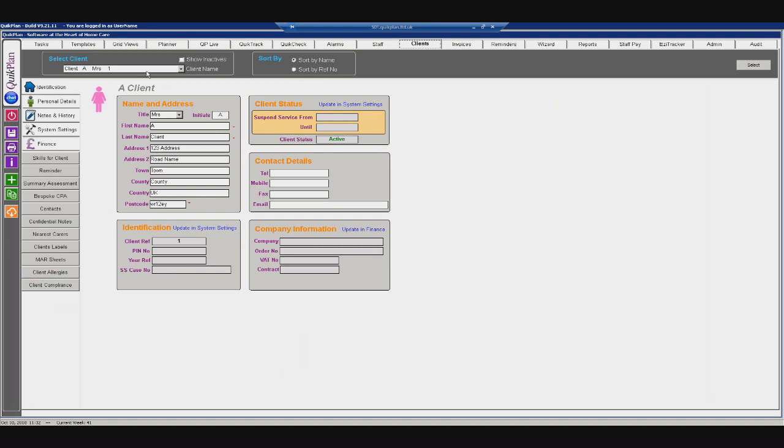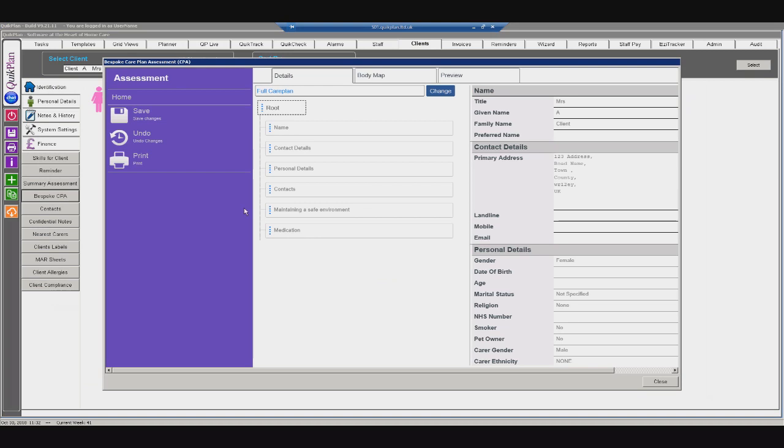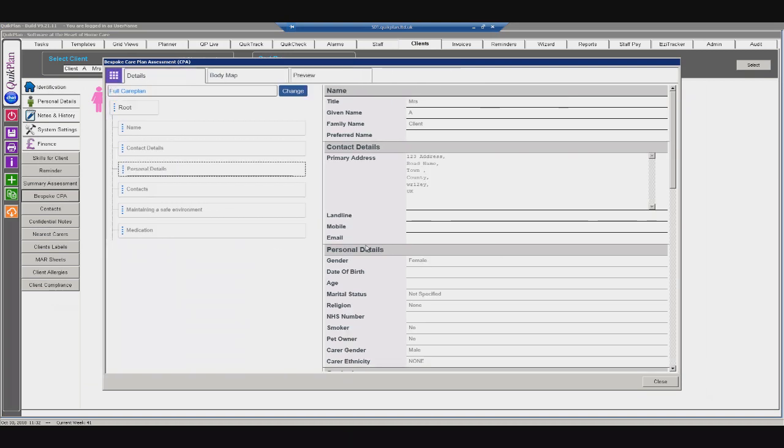When you've brought up your client in question and you go to the bespoke CPA, in here, this is where you can view your care plan. So just to show you, at the top we've got the name, you've got your contact details. When you're scrolling through, as you can see on the left hand side, it's showing you exactly which area of your care plan you're in. So scrolling through,